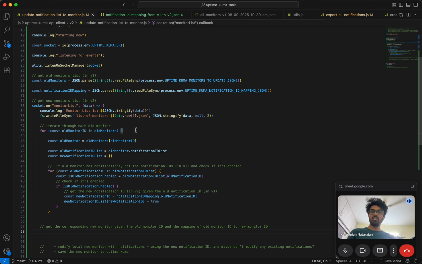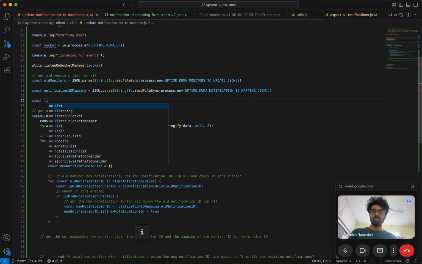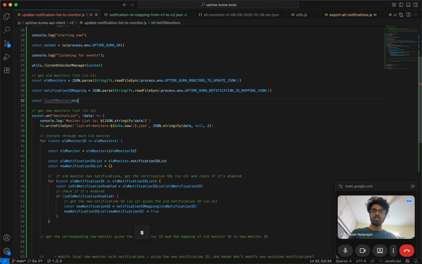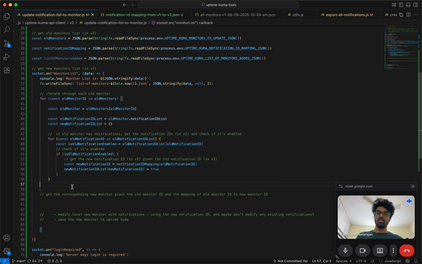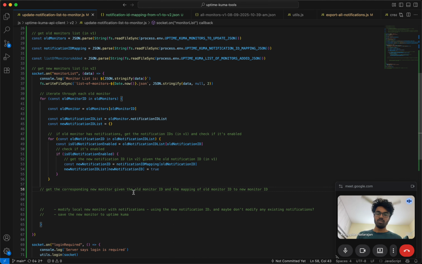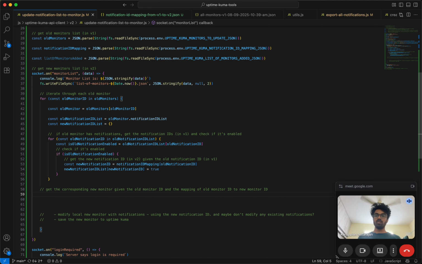So monitors added file, list of monitors added file. So maybe I'll just get the list of monitors added file also here. List of monitors added is equal to Uptime Kuma, list of monitors added JSON, right? In here you will actually have a value. So let me actually go for it. Let's say get the corresponding new monitor given the old monitor ID, right? So you look for the